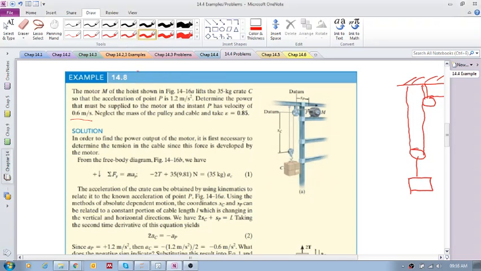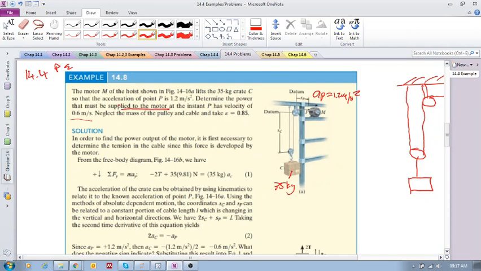Alright guys, we're going to carry on with chapter 14.4, power and efficiency. Okay, so we're going to look at this example. The motor M of the hoist lifts a 35 kilogram crate so that the acceleration at point P, a point right outside the motor, is 1.2 meters per second squared. Determine the power that must be supplied to the motor